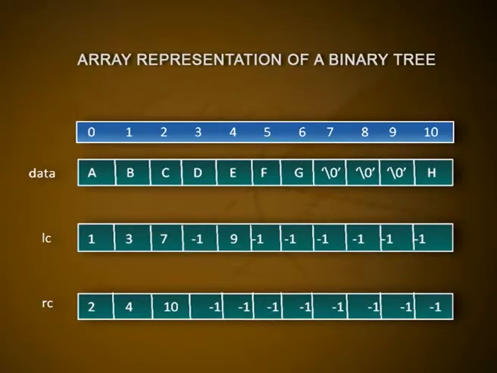An empty subtree is marked with a unique bit pattern that indicates the absence of data. Another representation of binary tree is by using three separate arrays. One array stores the data field of the tree and other two arrays represent the left child and right child of the nodes. Suppose data, LC and RC are the arrays for data, left child and right child respectively. These can be represented as given below.